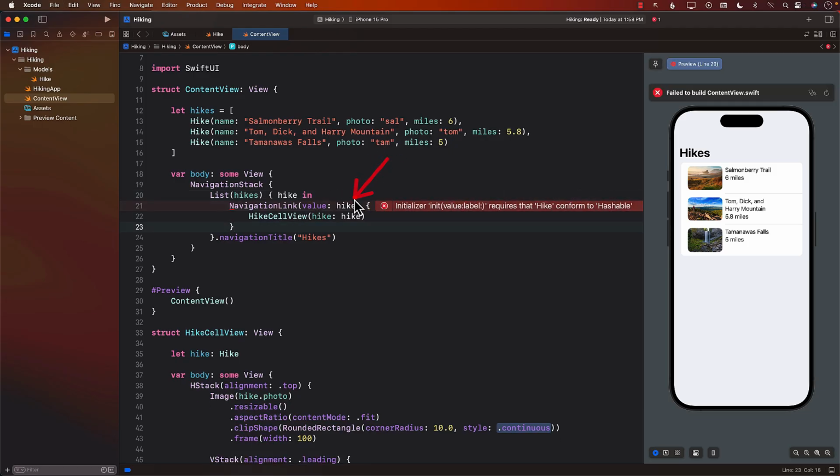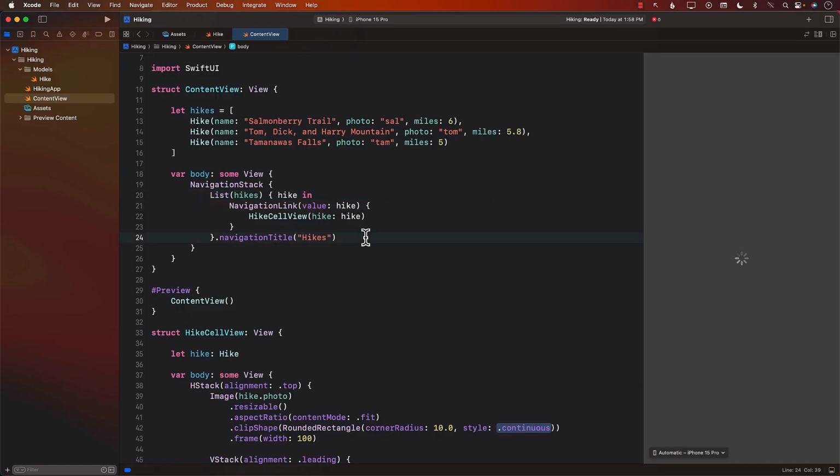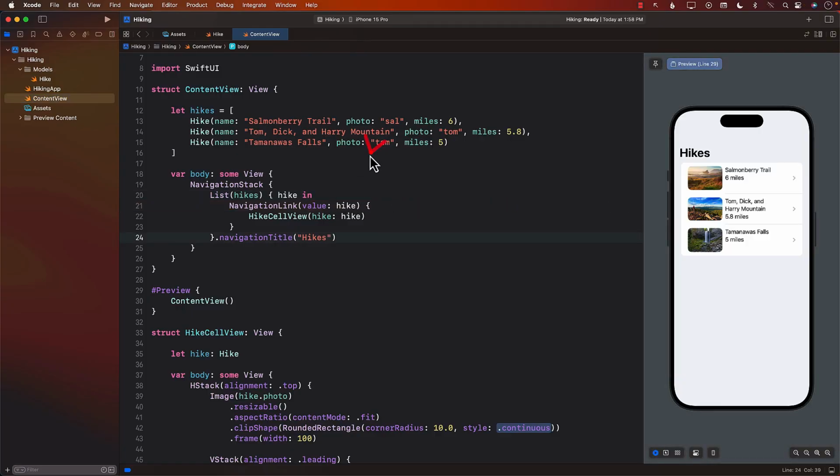And the value over here needs to conform to Hashable. This means that our Hike struct needs to conform to Hashable, which is simple because we can always go to the Hike struct and make sure that it is conforming to Hashable. There we go. Let's go back to the ContentView. So what is this value and how does that work? Well, the first thing you note is that as soon as we wrap our HikeCellView inside the NavigationLink,